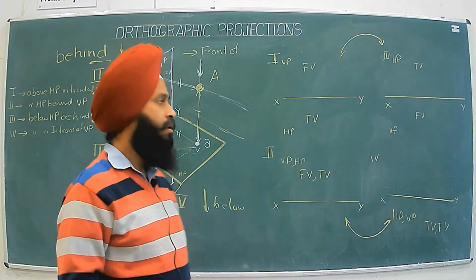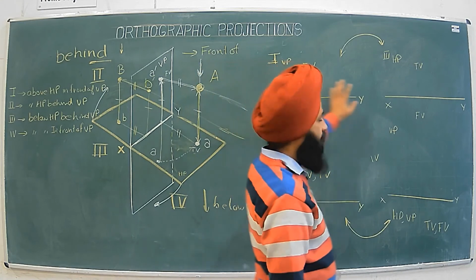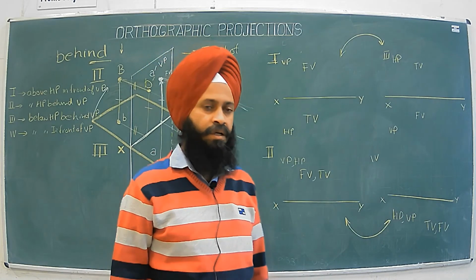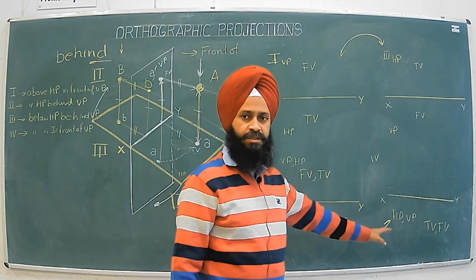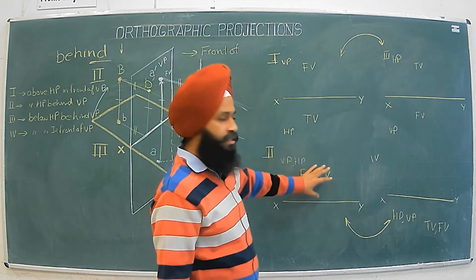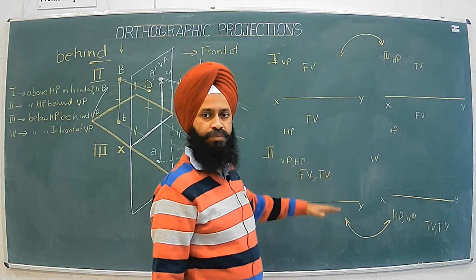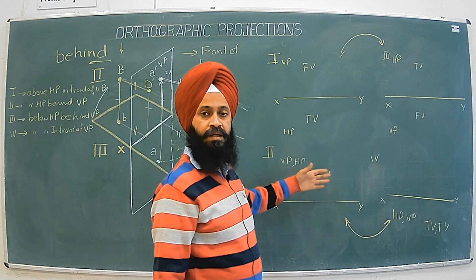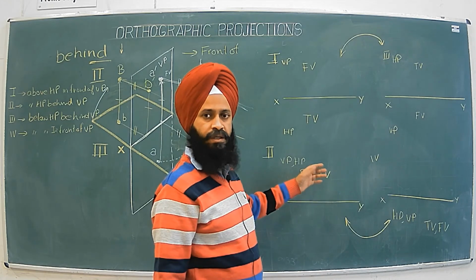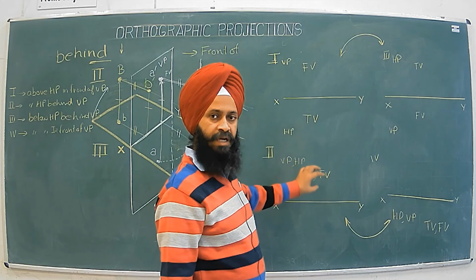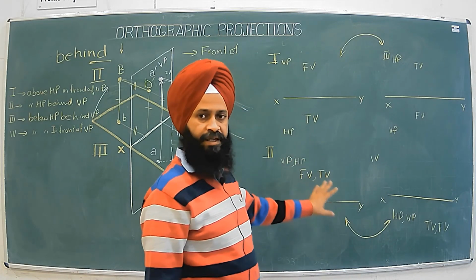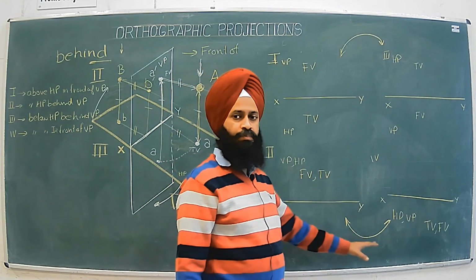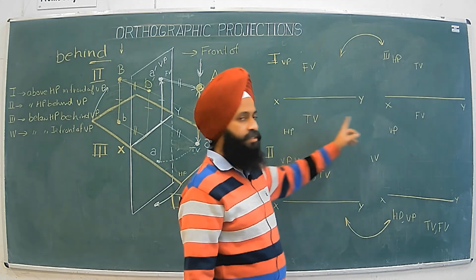We talk about that separately for first angle and third angle projections, because first angle and third angle projections are used, and we do not use second and fourth angle projections. Here the relative position of front view and top view is not clear, because both lie above the XY line, and there are certain complications. Sometimes the views may overlap each other, and we do not have a fixed relative position of front view and top view in second and fourth angle projection. So that's why we do not do projections in second and fourth angle. We use only first and third projection.